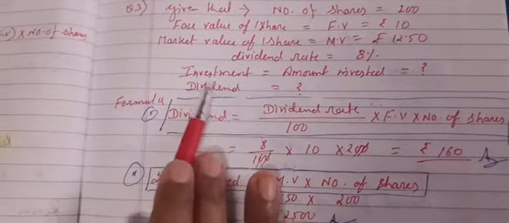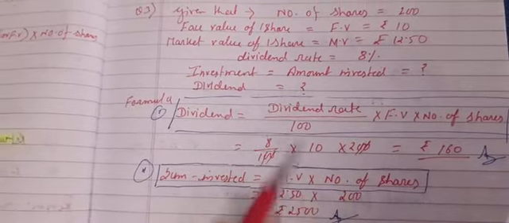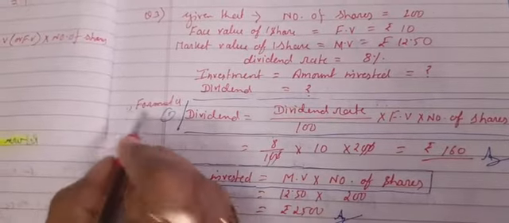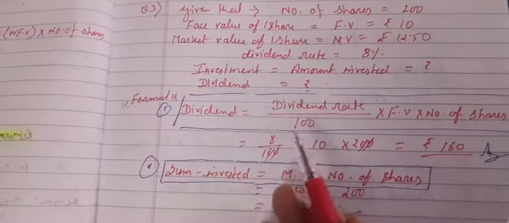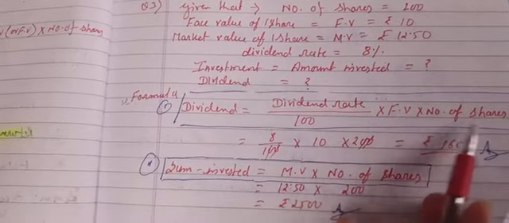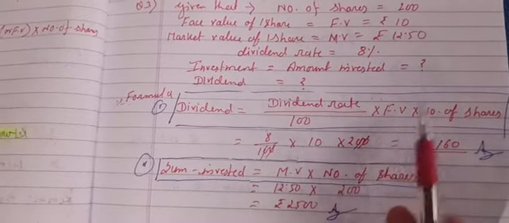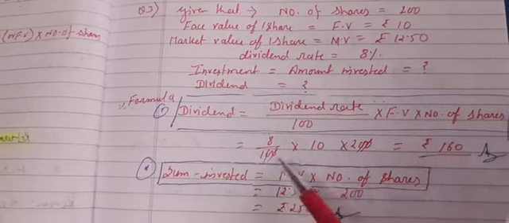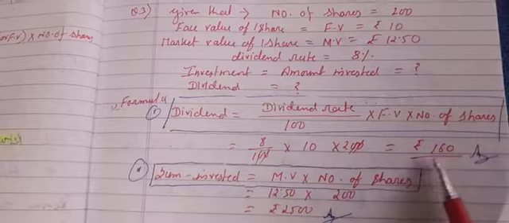And what we have to find out? We have to find out total investment, that is amount invested, question mark, and dividend. So in 2 lines it is solved. See what I did. I know that dividend formula, everywhere I have written formula, so that you may understand that we are using formula at these places, not any magic we are doing. Dividend is equal to dividend rate upon 100 into FV into number of shares. Everything is given. Dividend rate is what? 8. So I have written here upon 100. FV is what? Face value was 10. So I have written 10. And how many shares are there? 200. So kept all the values and calculated, that is equal to rupees 160. It means first answer dividend is 160.